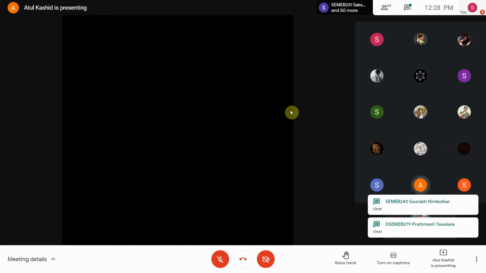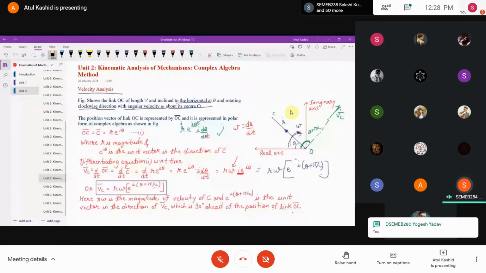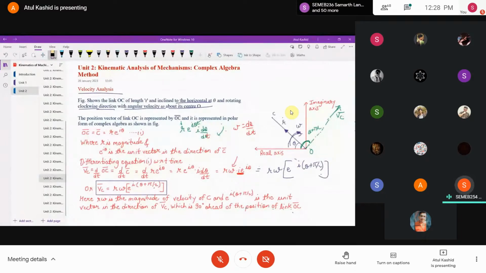Sir, I just have a general doubt. What we are doing in Unit 2, you are also explaining us derivations, like we derived in previous, and now we are doing complex. So, are derivations asked in the exam, or is this only for our understanding, and we know the formulas and we apply them? Actually, in the exam, there is very little chance that they will ask you the derivations.